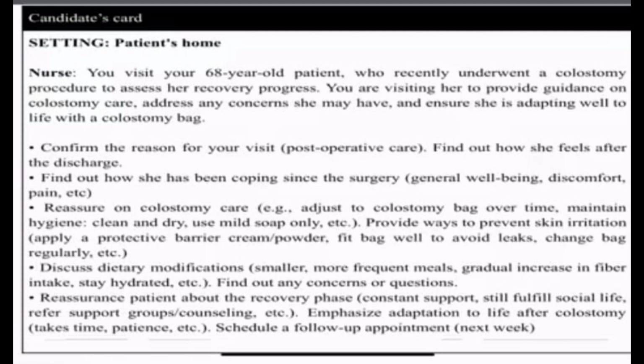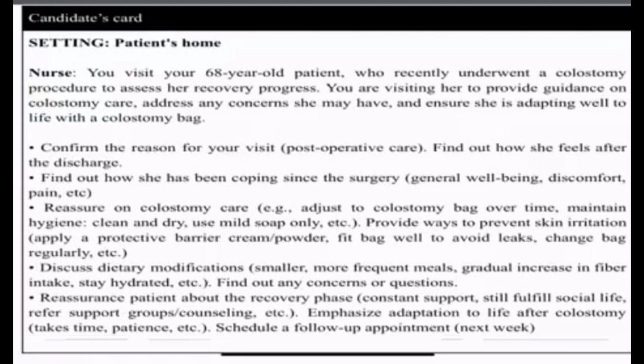Next, when all these answers have been given by Miss Susan, we can again ask, Miss Susan, I would like to ask you some more questions, like do you have any discomfort or do you feel any pain after your surgery? Once she has told all the answers, we can say, thank you for answering my questions, Miss Susan.